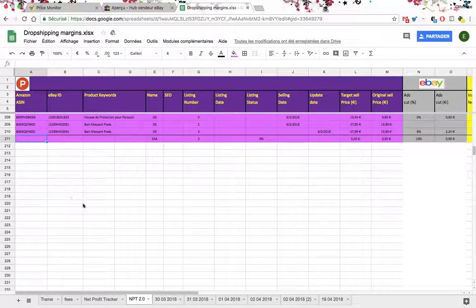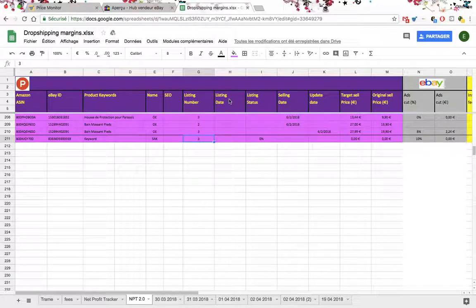or you click on Control V, and here we go. Then you start filling, for example, BOO for GJY 700. Then, Amazon ASIN, eBay as well, I don't know, as an example, product keyword. Then you put your name initials here, it is a key. SEO, you need to have it always empty here. Listing number is by